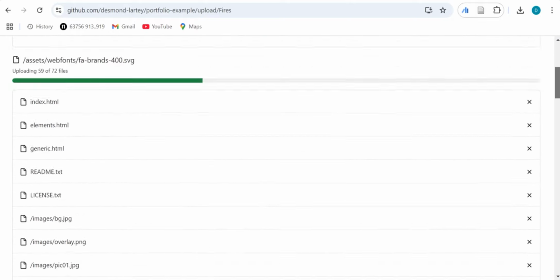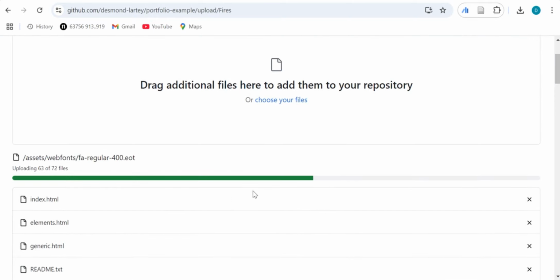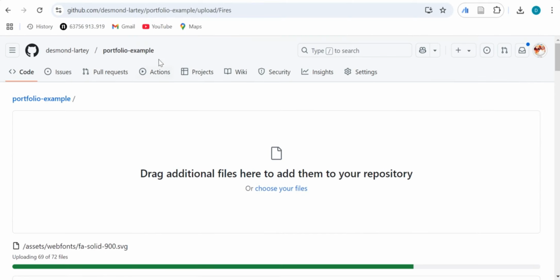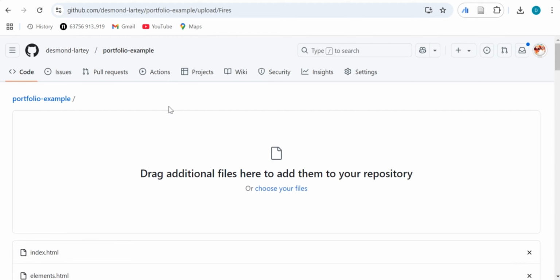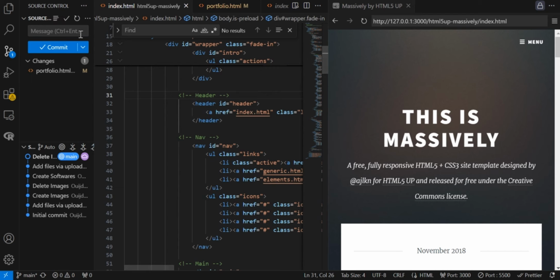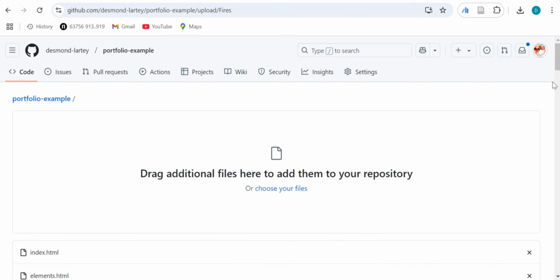Yeah, it's a little bit of a workaround, but ideally you would have put this first on your GitHub, then you clone it, then you edit directly with your IDE, and then once you make an edit, you just commit. You write whatever you edited, then you press commit, then you push it. I will just show it in a moment.